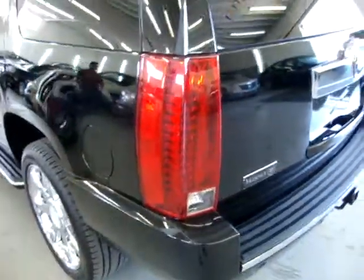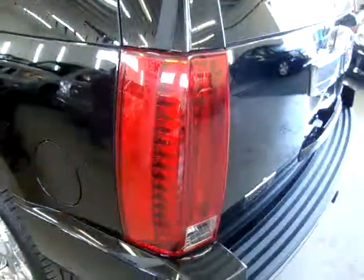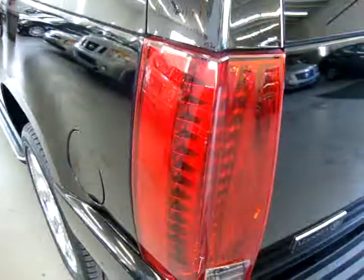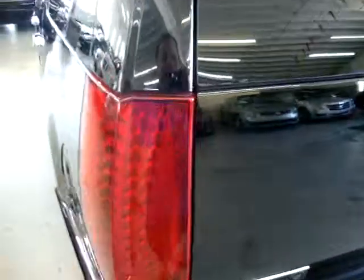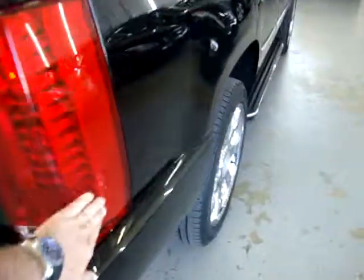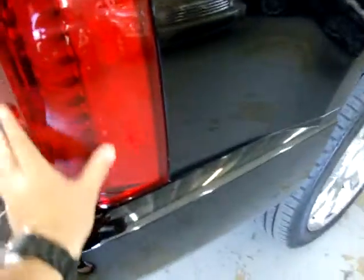Oh, by the way, the tail lights and the headlights are all in perfect shape. There's no cracks or scuffs or any damage on them whatsoever. They're not hazy, and there's no moisture getting inside of them, so there's no water droplets anywhere on them. There's actually a little bird poop there. Okay, let's move on to the right rear,